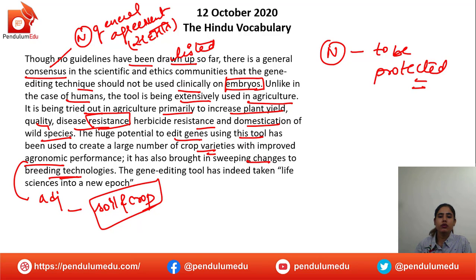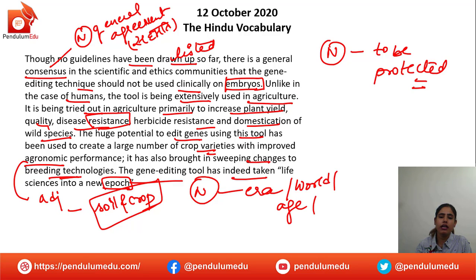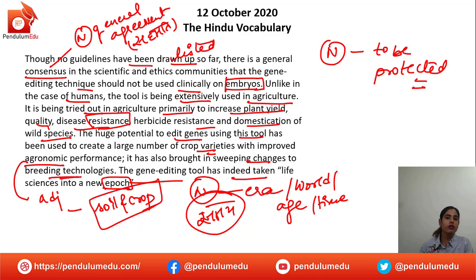So the gene editing tool has indeed taken life science into a new epoch. Epoch is a noun which means era. एक नई दुनिया में, एक नए वर्ल्ड में, एक नए एज में ले गया है। ओके, समय जैसे हम कहते हैं, एक तरीके का नया एरा आ गया, नया समा आ गया। सो वहाँ पर ये जीन एडिटिंग टूल जो है साइंस को ले जा चुका है। So you see to what extent this